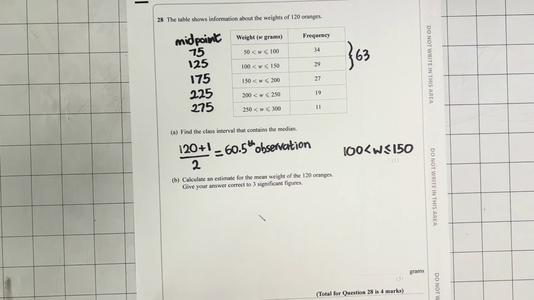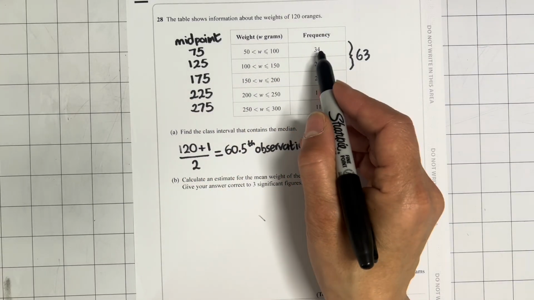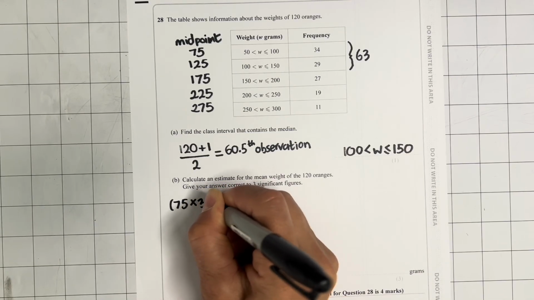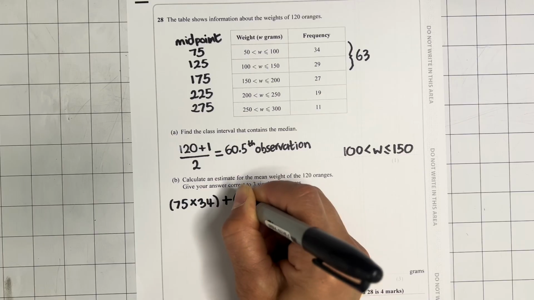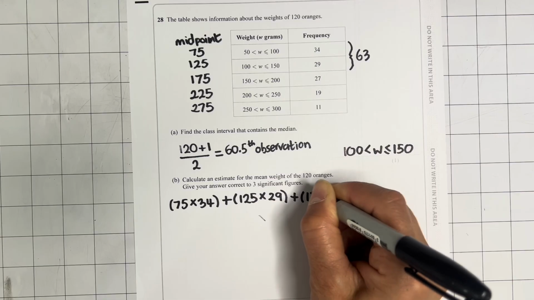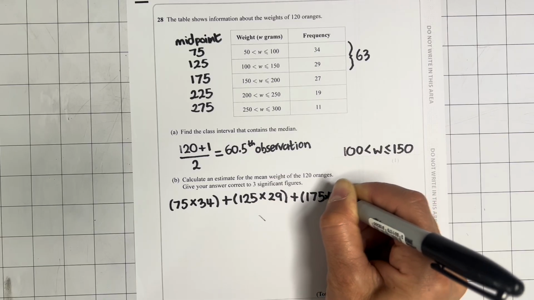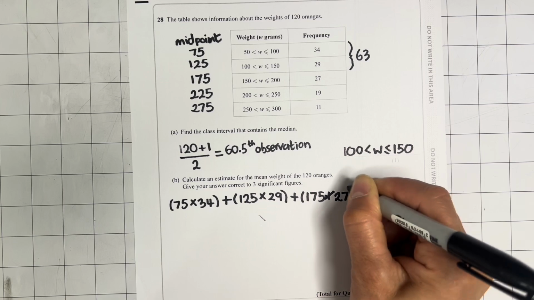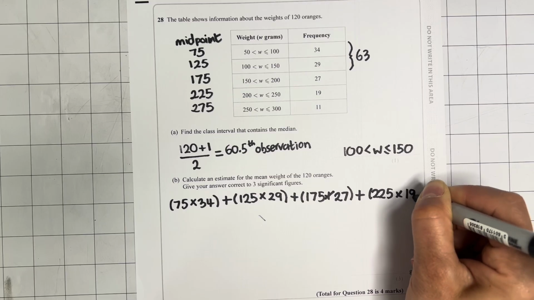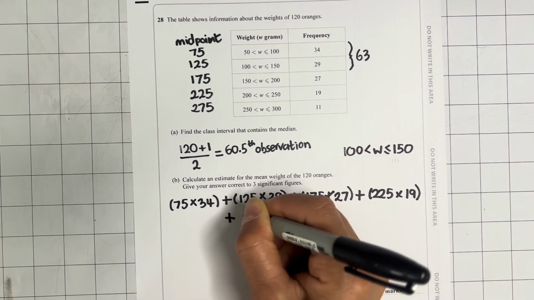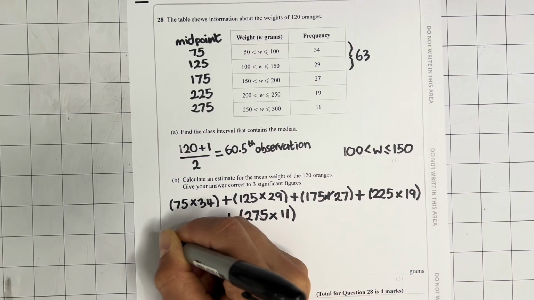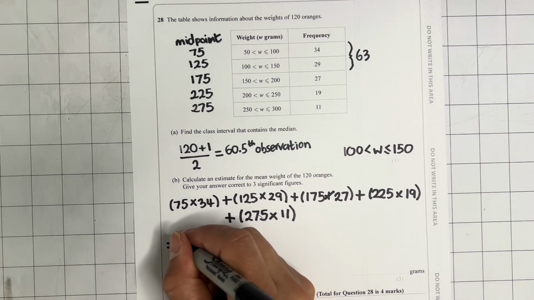So to find the mean, we need to find the product of each of the midpoints and the frequencies. So we need to do 75 times 34, 125 times 29, 175 times 27, 225 times 19, and 275 times 11. Which will give us